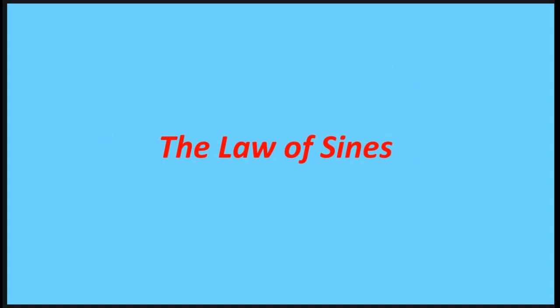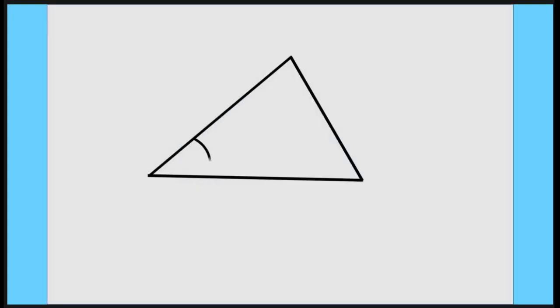In trigonometry, we often have to find the angle or the length of a side of a triangle that is not a right triangle. And this is where the law of sines comes in very handy. So let's say we have any triangle, one that is not a right triangle. We could call its angles uppercase A, B, and C, and the sides opposite each angle would be lowercase a,